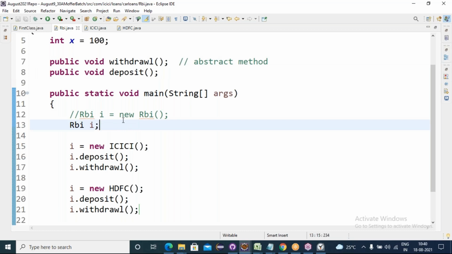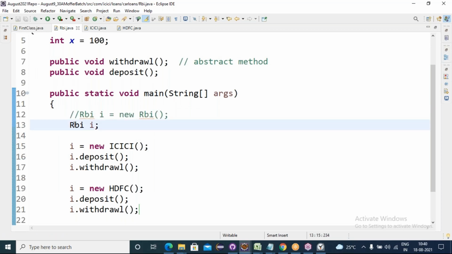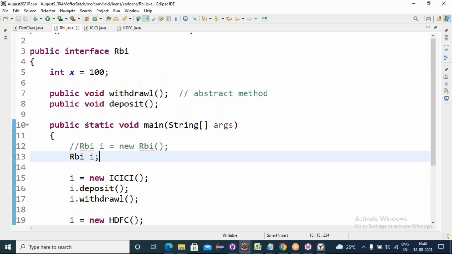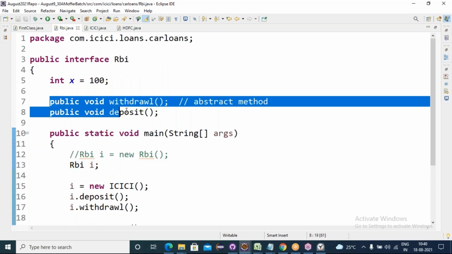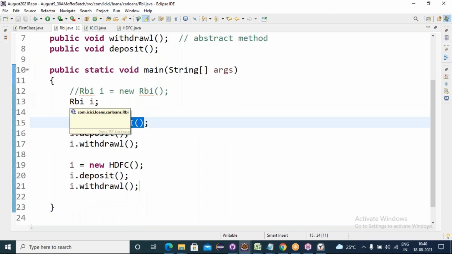Understood? Yeah, got it. Directly we cannot create an object, but indirectly with this kind we can access. That too, we can access when the interface's abstract methods get implemented in some child classes, then that child class object is stored into the interface reference. In that way only we can access. Get it?